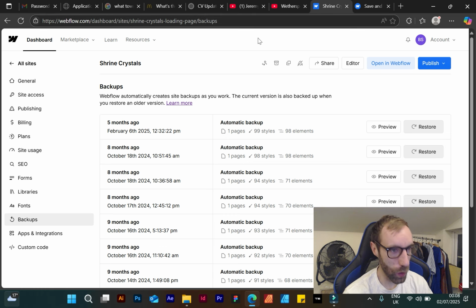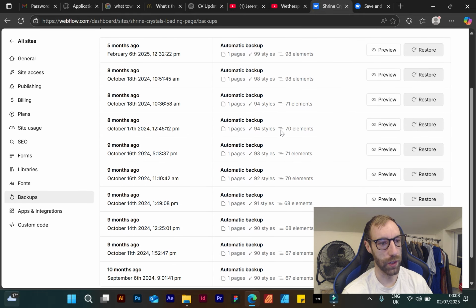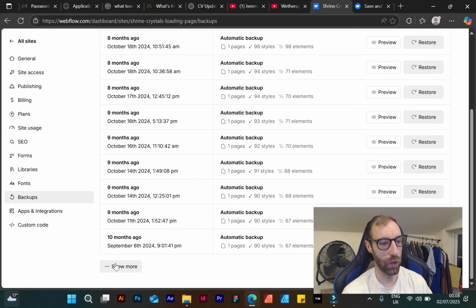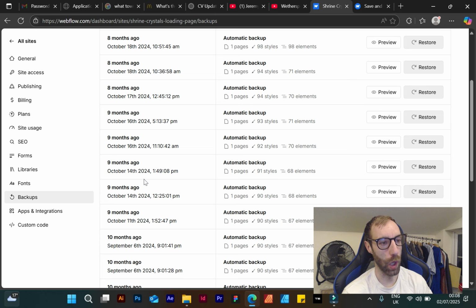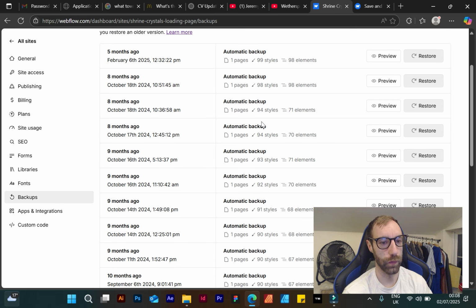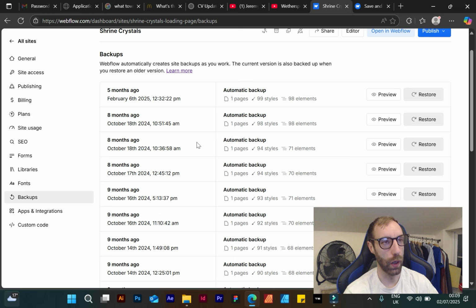So we've got all our backups here, and if I just scroll down, you can see it tells you the time frame of how long ago it was backed up and specifically what time, which is great because if you ever have any issues with your site, for example, I had an issue with a client site, not in Webflow, but the principle remains exactly the same. So we had an issue with the website one day, and we were able to pinpoint that the issue occurred on, let's say, for example,